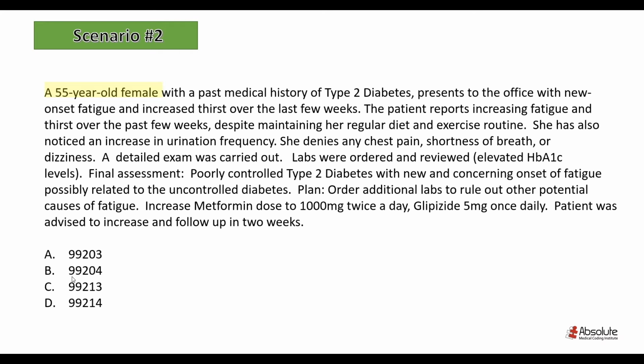The keywords for this scenario are going to be: 55-year-old female, history of type 2 diabetes, office visit, increased fatigue, increased thirst, increased urination frequency. A detailed exam was performed, poorly controlled type 2 diabetes mellitus, and fatigue that is possibly related to uncontrolled diabetes. Order additional labs to rule out the potential cause of fatigue, increase metformin dosage. And the correct answer is going to be option D,